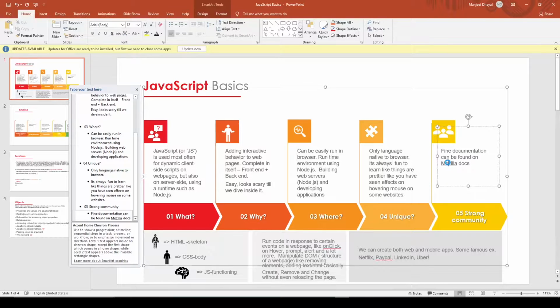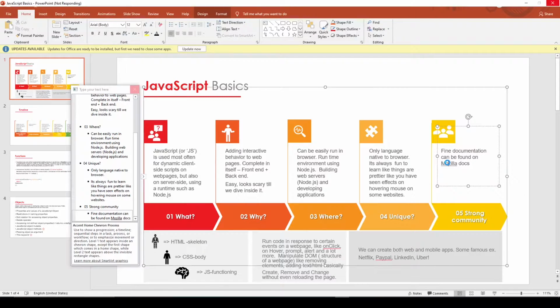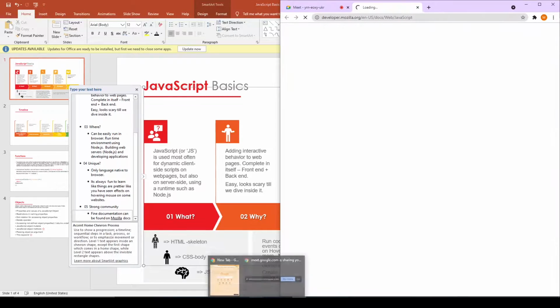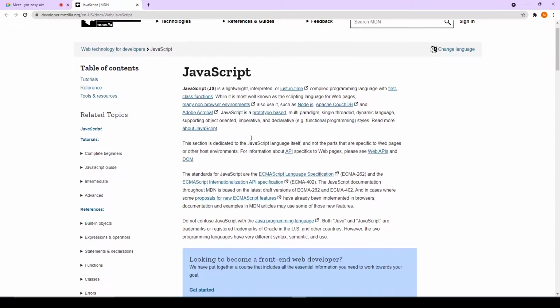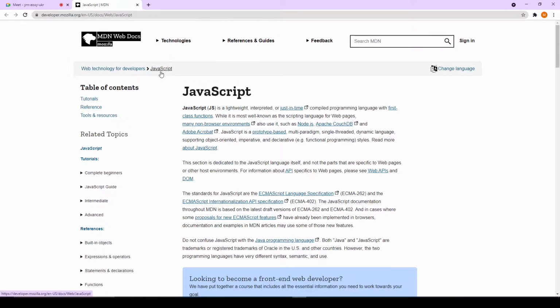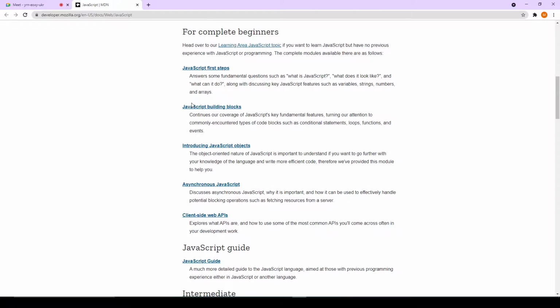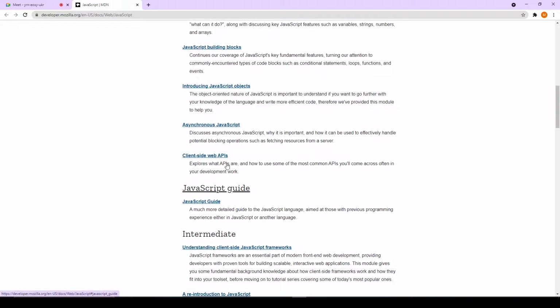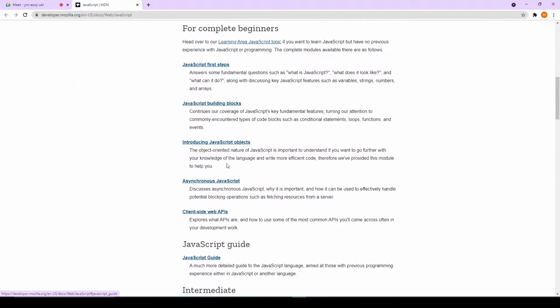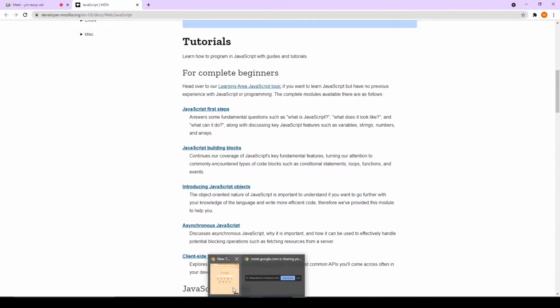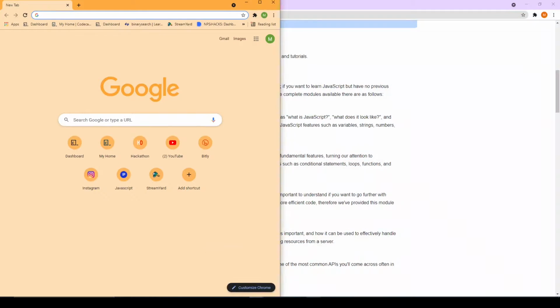Mozilla documentation is one of the finest documentations of JavaScript you will ever find. On MDN Web Docs you can find the JavaScript documentation. It has various parts, starting from basics like JavaScript first steps and building blocks, for beginners, intermediates, professionals and all. So this is also a benefit of using JavaScript.